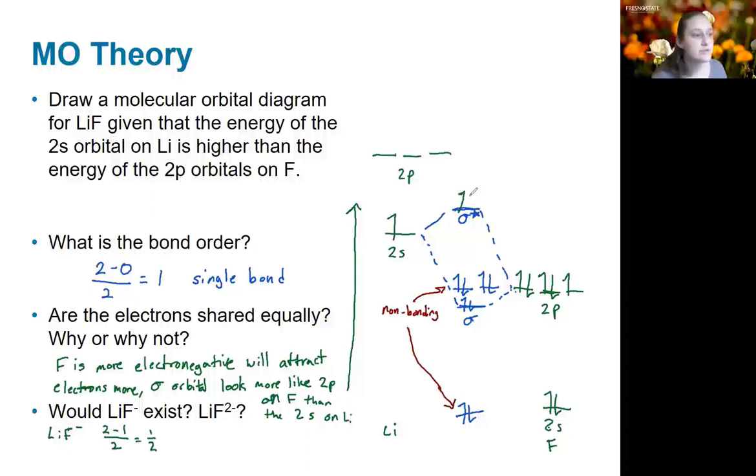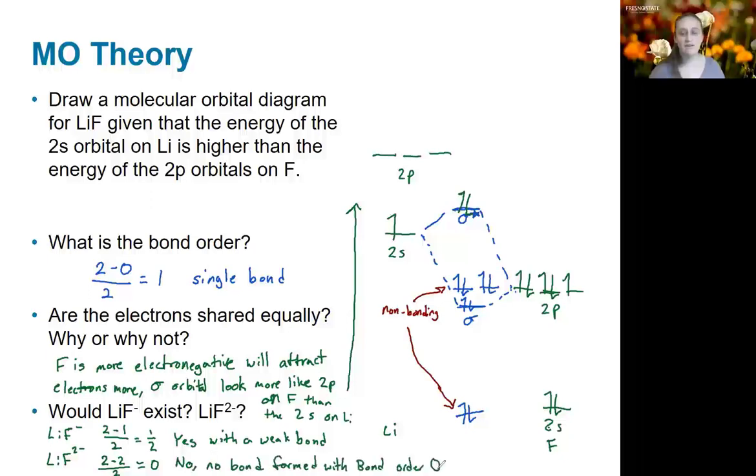LiF2 minus would result in adding a second electron here. And so we would have 2 bonding, 2 antibonding electrons. And so when we subtract that, we get a bond order of 0. And so from this, we would predict that yes, LiF minus can exist. It'll have a weak bond, but LiF2 minus would not have a bond